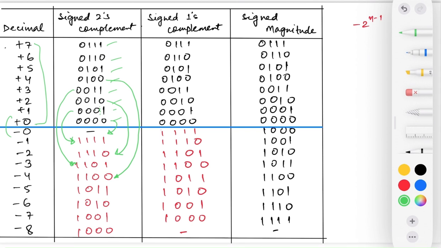Now +7, 2's complement is 1 0 0 1. Now there is an extra number, -8. How did I calculate it? This is a special case for the 2's complement number system. In 2's complement number system, I have written -8 as 1 0 0 0. You can say that it is a +8 value. How can you say that it is -8?